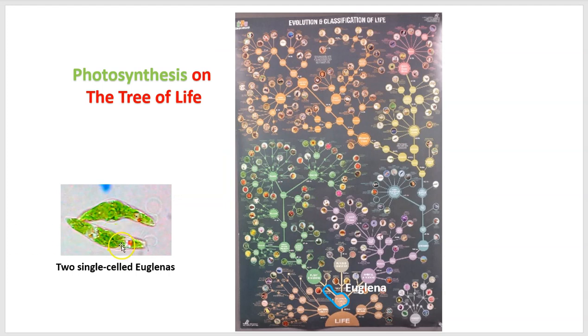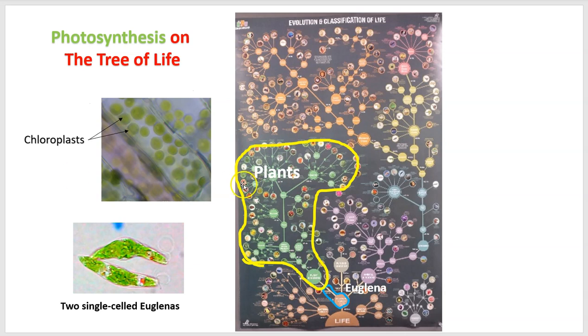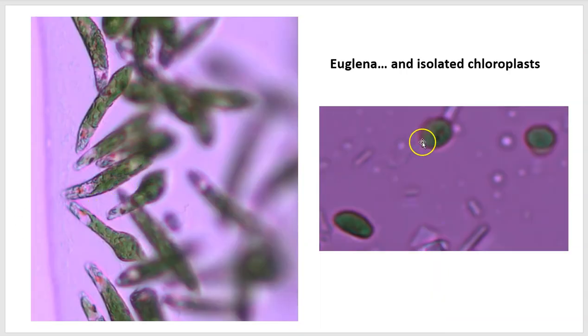Here we see euglena, and euglena are packed with chloroplasts. But we learned that photosynthesis originated in bacteria, as we saw a moment ago. So cyanobacteria are photosynthetic bacteria similar to the ones that might have lived over 3 billion years ago. But let's focus on these chloroplasts that you find in plant cells and in euglena. In fact, here's a picture of euglena on the left and then some isolated chloroplasts. One of the euglenas died and the cell ruptured, and we have a close-up view of some of the individual